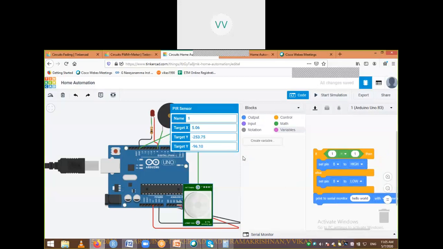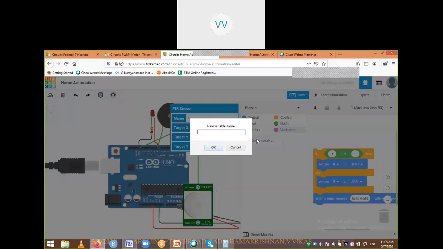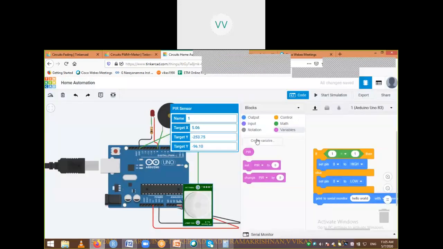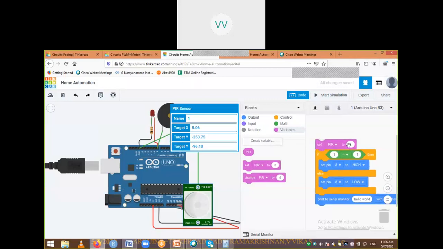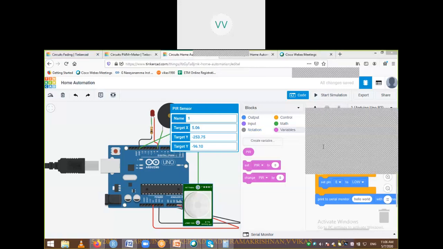So I create a variable PIR, and when I created it, the block comes. This thing I am dragging here: set PIR to some value. And what is that value? This particular PIR, whether it is working as input or output, you just respond in chat. Is this PIR input or output?